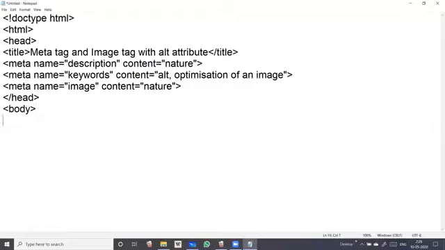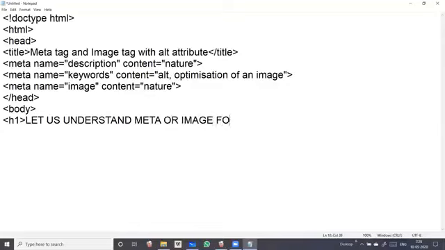In here, an H1 tag, because I want to give the large font. Then the image tag.